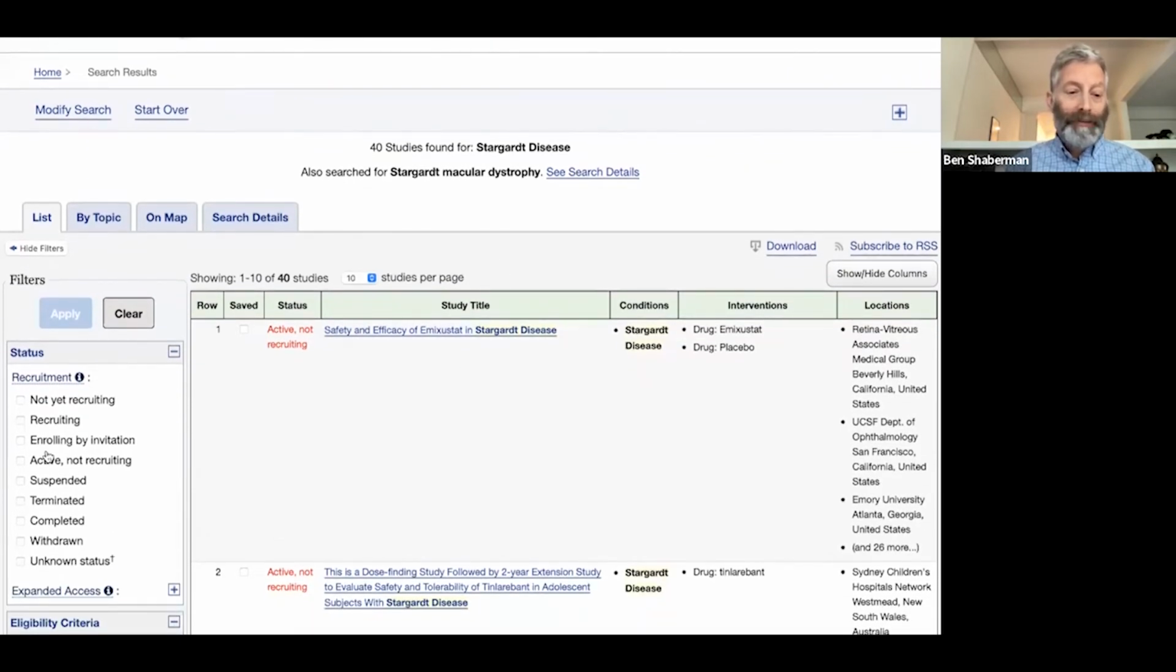So there's an important sidebar here on the left where you can narrow down the search to pick trials that aren't quite recruiting yet, that are recruiting, that are enrolling by invitation. Sometimes that's the way trials are filled, or trials that are active and not recruiting. So I have selected all those options. I'm not going to include trials that have been completed, suspended, terminated, etc. So I hit the apply button,